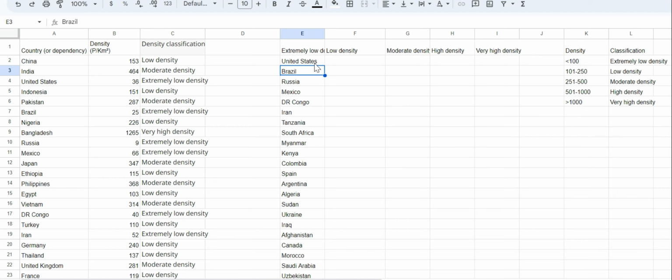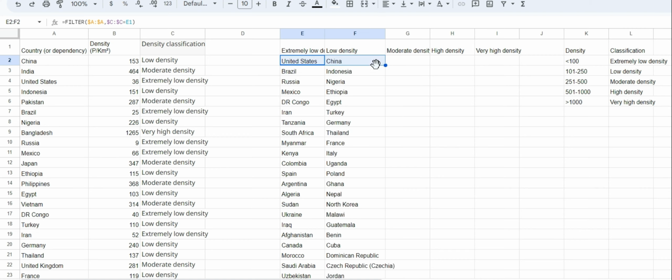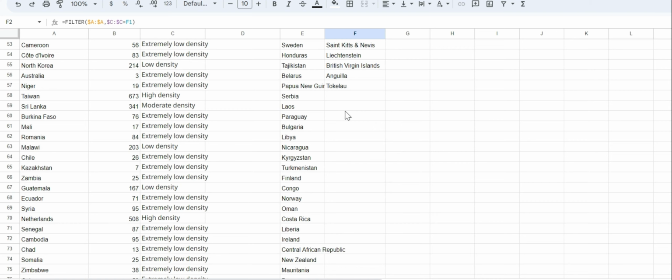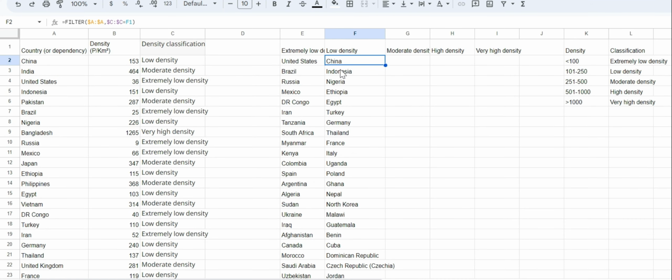And then if I want the ones that have low density, since I've already dollared it or put it in place, I don't know, someone can tell me what that is in the comments, I just drag it over here, and now let's look at the formula. So it's from A to A that is giving me the values from, and then it's checking that this C column is equal to F1, which is low density. So all these countries now are the countries with low density: China, Indonesia, Nigeria. So I just drag it again,